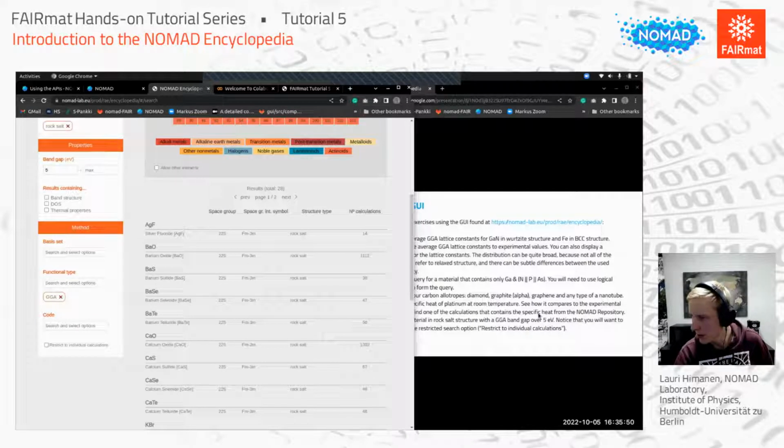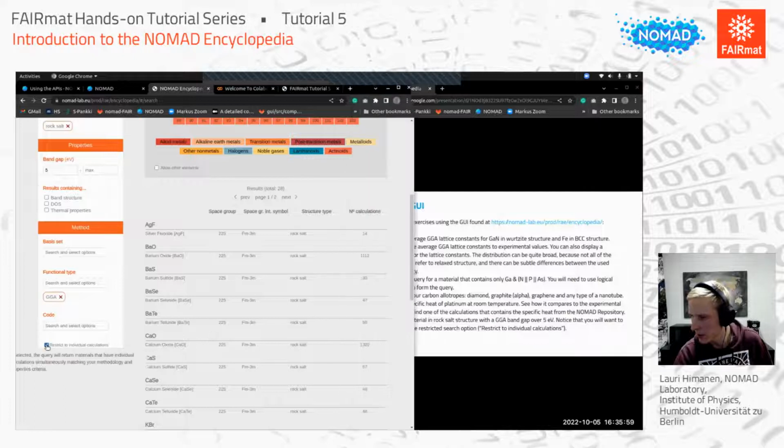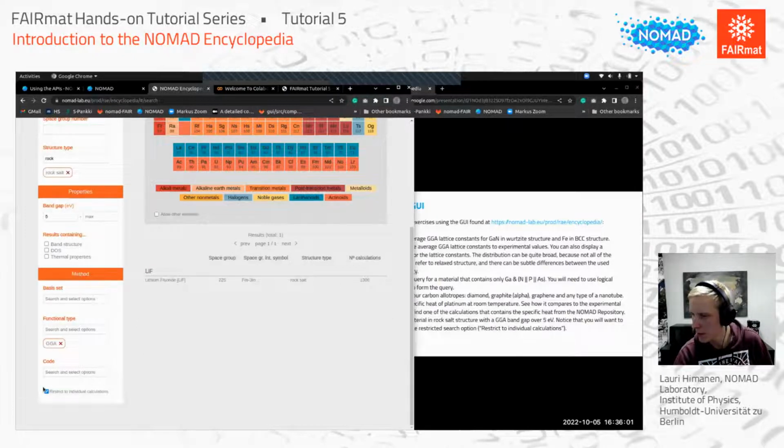What is important here is that we will want to enable what we call restricted search. So let's click on this button as well. What this basically does is that inside our query, it's going to combine our query about the band gap and the methodology. So now we are really targeting a material which has a single calculation with a band gap, a GGA band